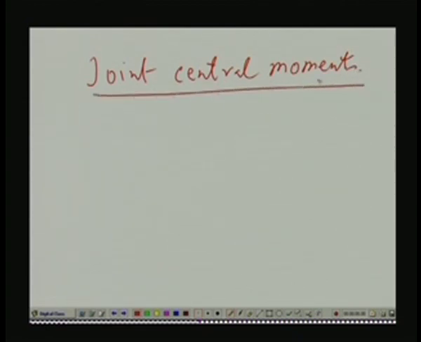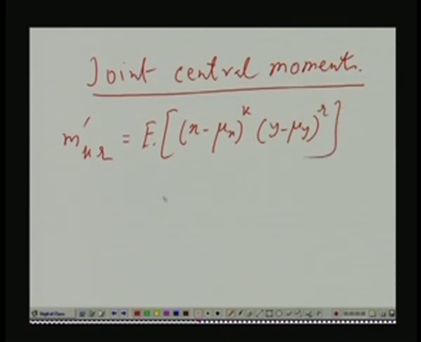Similarly, you can have joint central moments. Here you can call it M prime k r. It is actually expected value of, so earlier it was x, now it is not x but x minus its mean mu x raised to the power k, y minus its mean mu y raised to the power r, or equivalently